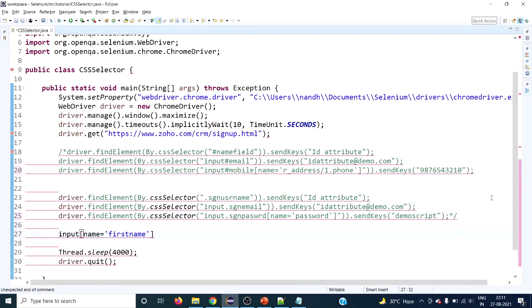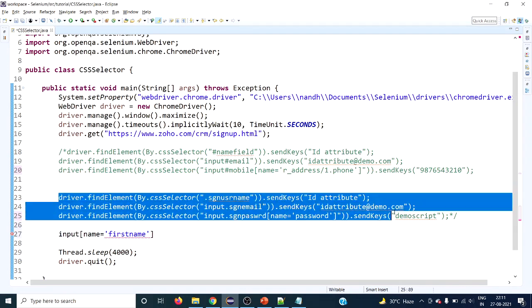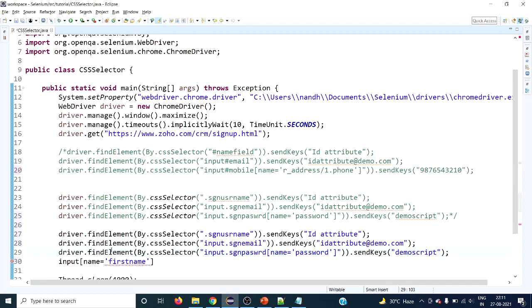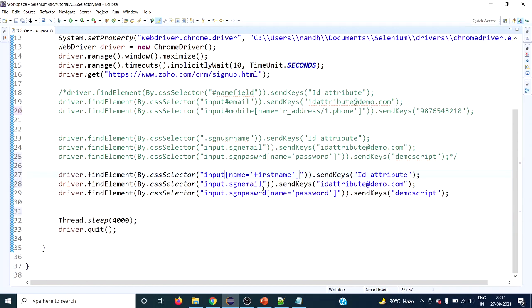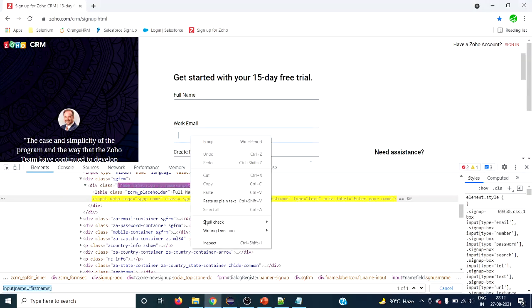Today we are going to type into all these three fields using CSS selectors with attribute values. Let's type over here. We use driver.findElement by CSS selector. This is the CSS selector using attribute values, and we are going to type the ID attribute. Let's use work email.